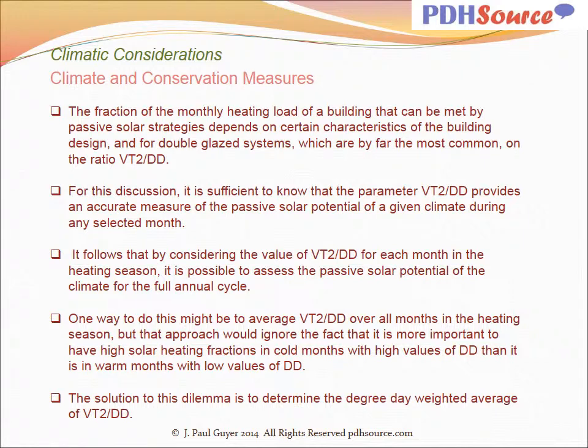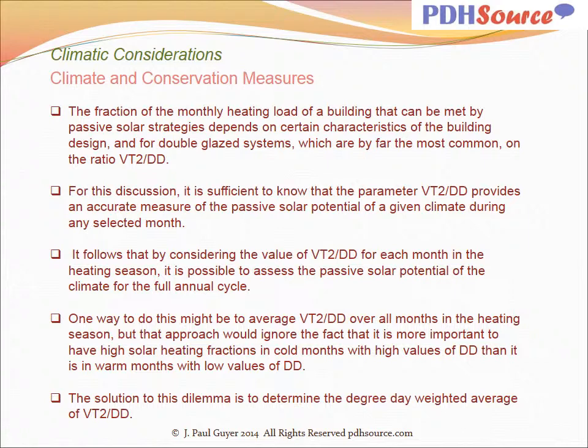It follows that by considering the value of VT2 divided by DD for each month in the heating season, it's possible to assess the passive solar potential of the climate for the full annual cycle. One way to do this might be to average